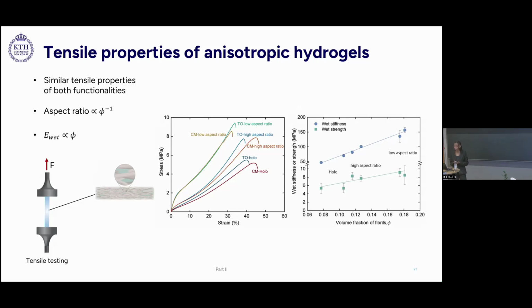So the shorter fibrils can pack more densely during sheet formation, which results in a lower reswelling degree. However, longer fibrils would require to bend around each other in the dried state to fill all pores, and this can create a network with more dried-in stresses or hidden lengths, which then can swell up more in the presence of water. So because of this, we found that the wet modulus was proportional to the volume fraction.